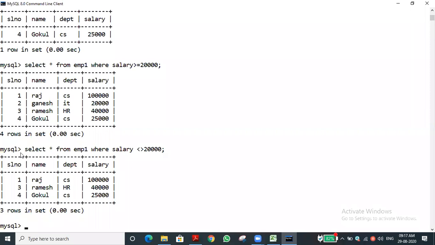Display the name list of the employee belongs to the department CS and getting the salary greater than 50,000. What is the query? Select all from EMP1 where department is equal to CS. In single quotes we should mention CS. Very good, and